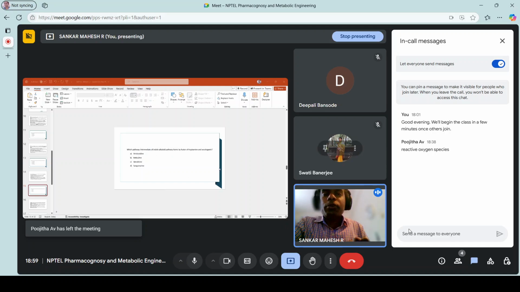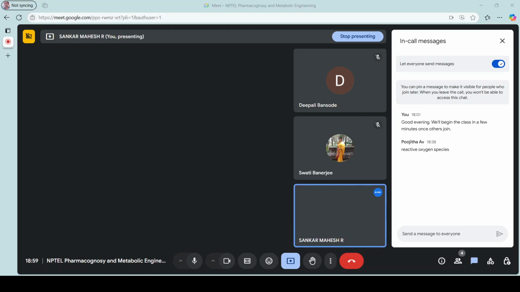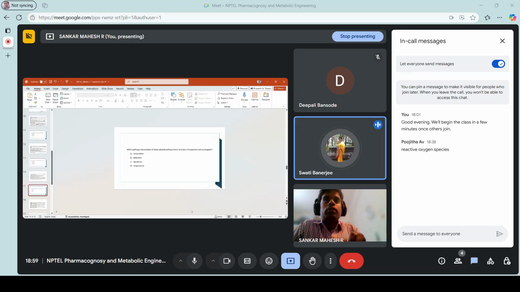Yeah, you can unmute. So the answer will be, from tryptamine and secologanin, which are indole alkaloid precursors, it is strictocidin, option A. By the enzyme SPR to strictocidin. Do you remember what